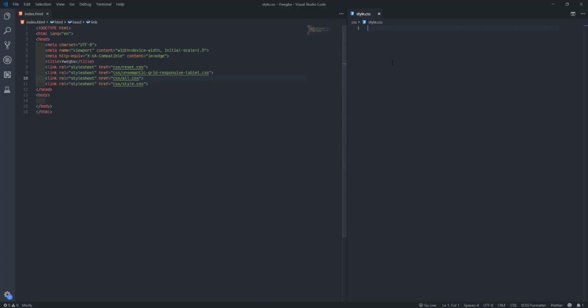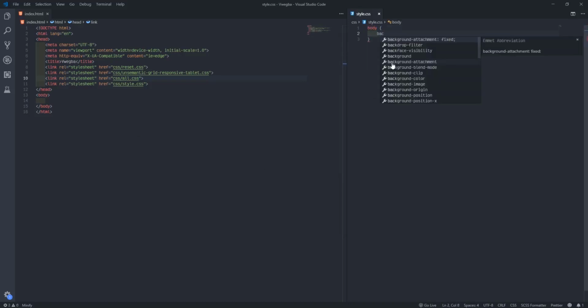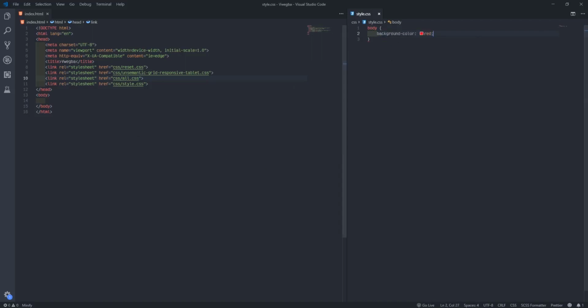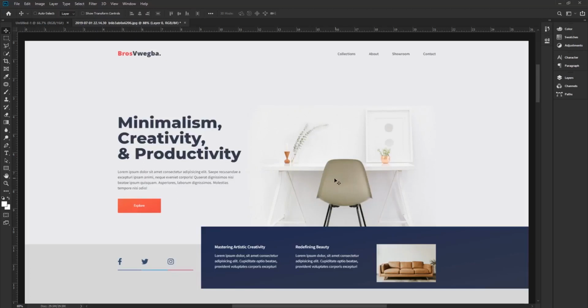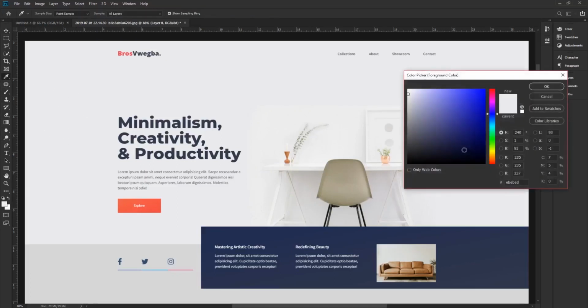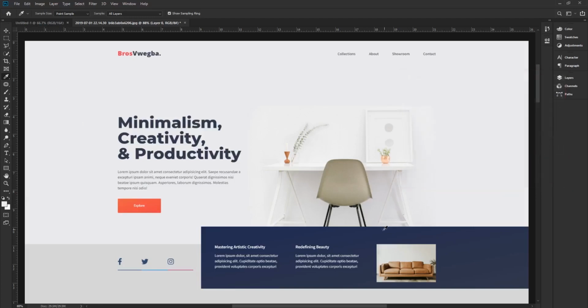So quickly, let me just do something here. Just say body, and I'll set the background color. Make the color red first, just to see whether the CSS loads. You see the CSS doesn't load now. So what I'll do quickly is use this color already here. I'll come to my Photoshop, select my picker, and click. When I click, it'll pick the color for me. The color there, which is this, I'll copy, and I'll go and use it.